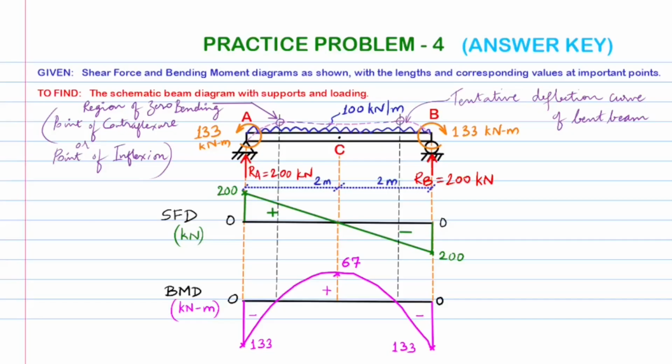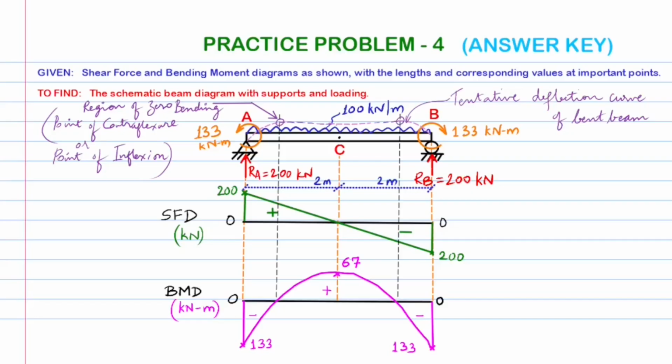Now, since there is no abrupt change in the values of the shear force over the length except at its ends, it can be concluded that the supports should be acting at the ends and not in the intermediate portion. We hence place a pinned support at the left end and a roller support at the right end and name them accordingly. Finally, we observe that the bending moment values at A and B are not zero, but have a value of minus 133 kilonewton meter, meaning that there is a concentrated hogging moment applied at each of the ends